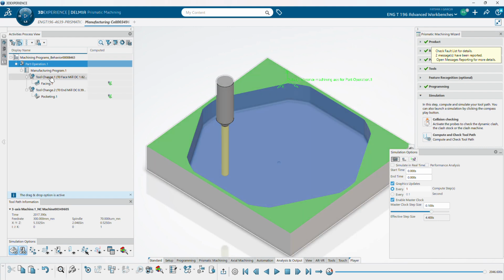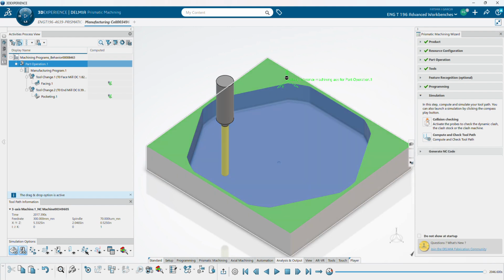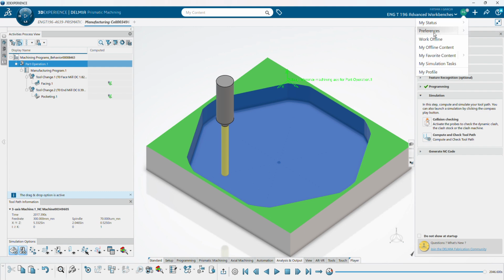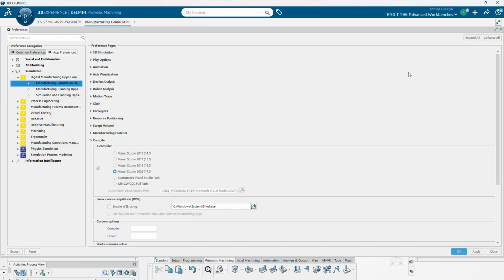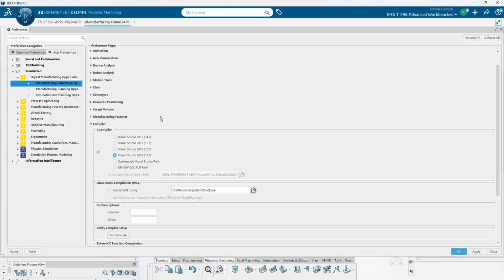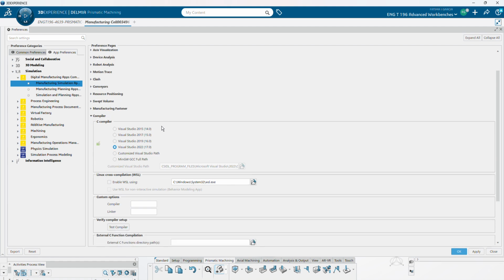So in order to get that to work, I went to preferences and then manufacturing simulation, compiler. Sorry guys, I don't know how to say this. Compiler. I don't know. And I just went with Visual Studio